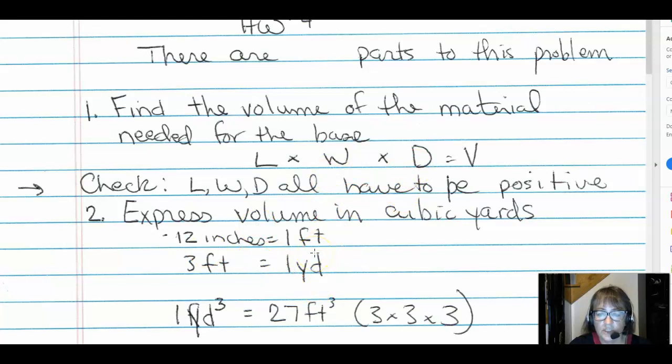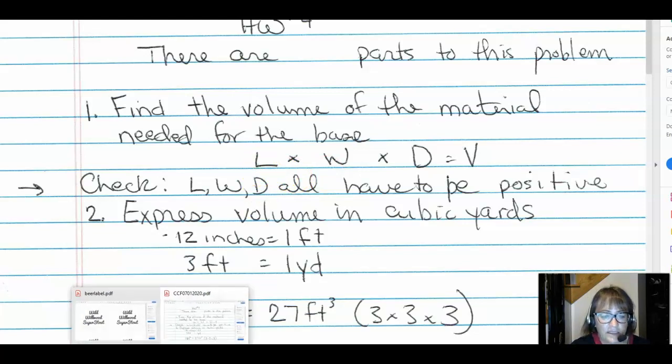So there are 12 inches per foot. In the problem that we have, the depth is given as 60 inches. So that would be 60 divided by 12, or 5 feet. The width, we're told there are 4 lanes, each of which are 15 feet in dimension. So that's 60 feet wide. And the length is given as